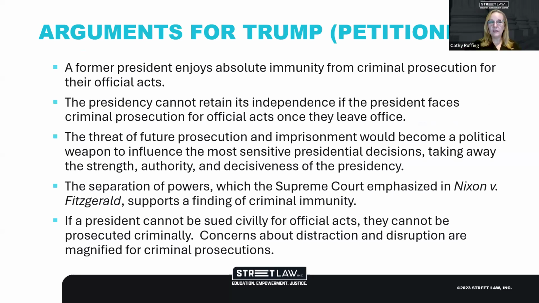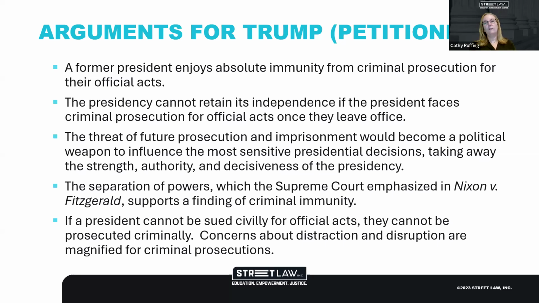Okay, so we're going to jump into the arguments, and Gregg Nunziata is going to voice the arguments for Trump, and Kim Wehle is going to voice the arguments for the U.S. These are not necessarily their personal views, and they're just going to give voice to them. A little later when we get to the Q&A, we can hear some of their own personal views, but at this point, they're going to just talk about the arguments that were actually made by the parties.